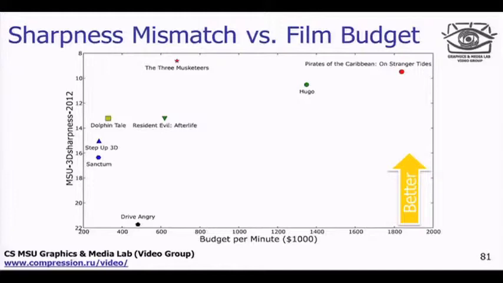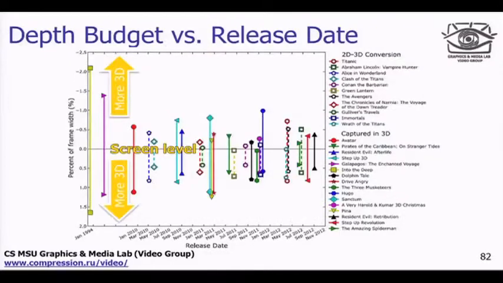And some movies were accurate enough. For example, Three Musketeers, with a several times smaller budget per minute. They have the same value of metric as Pirates of the Caribbean. So, very good work. And here is a general analysis of